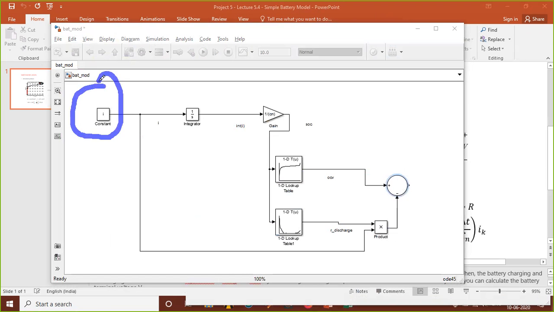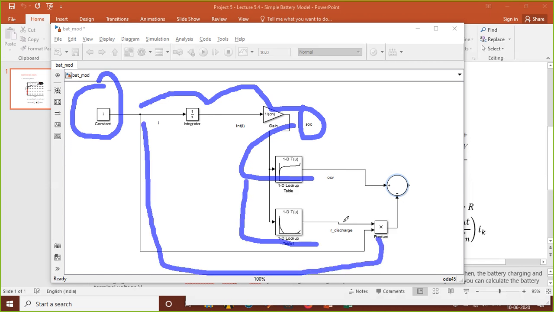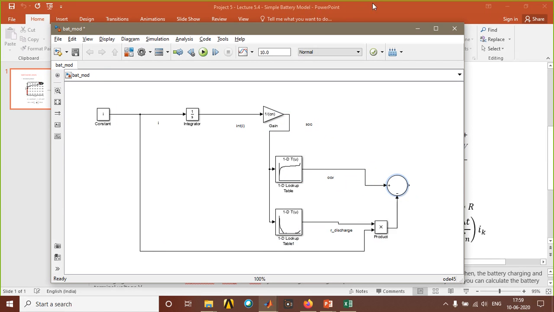current is a constant, because in your home you have 2 amps, 3 amps, whatever it is. So likewise, the current is a constant. As per the equation, I'm going to integrate my current and multiply that with a gain. After that, I'll have the SOC. By using SOC, I'm going to create OCV. From that, I'm going to find R discharge. And as per the equation, I'm going to bring in a product and create a math operator. So this is what the equation tells me to do. Next,